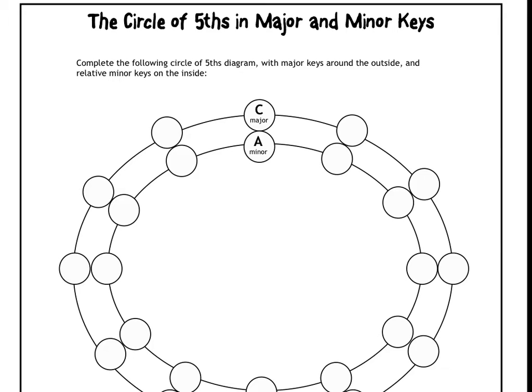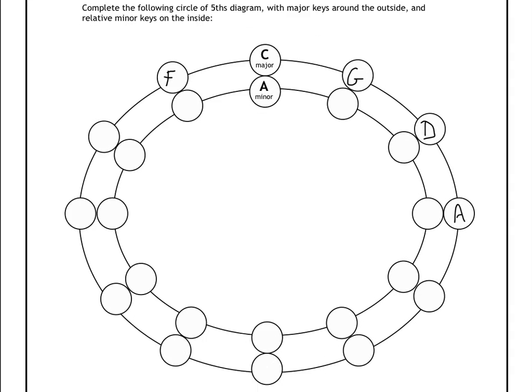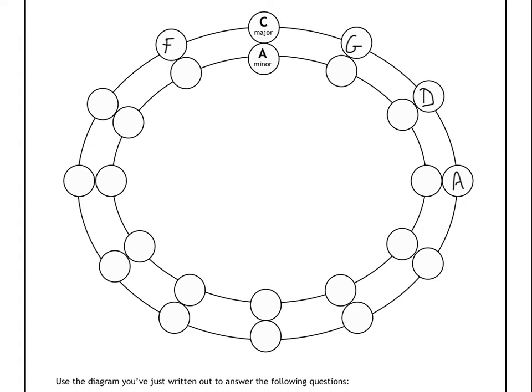Our regular circle of fifths that we already know and love, right? We have F major here, we have G major, what's next? D, okay? This is just review, right? A, let me just move this over a little bit, we can finish it up. E major is here, B major, and of course F sharp. Okay, and then towards the flats we have the F major with one flat, B flat, E flat, A flat,